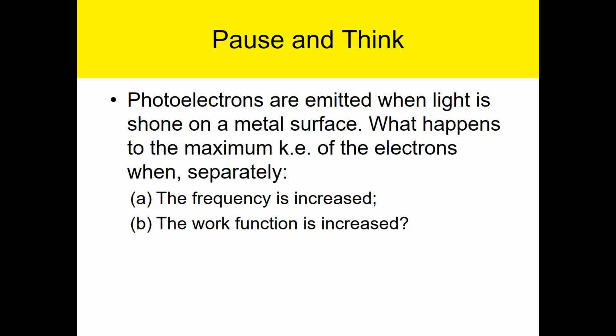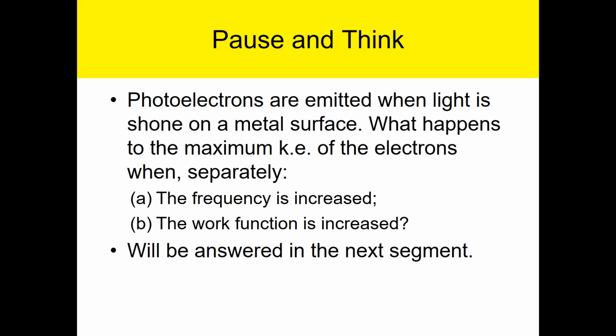Okay, so if the energy of the photon stays the same, the work function is increased. What happens to the energy of electrons is 1, 2, 3. Decrease, right? Thank you. Because I only hear increase. Alright.